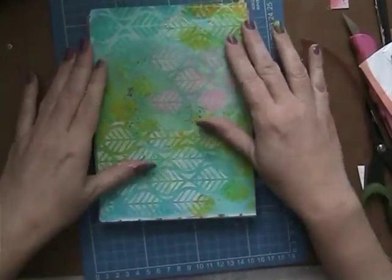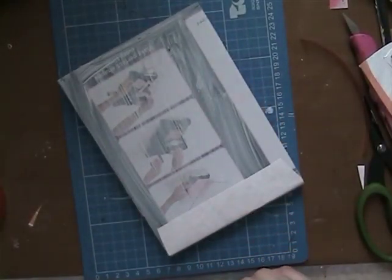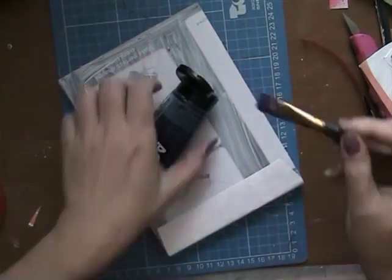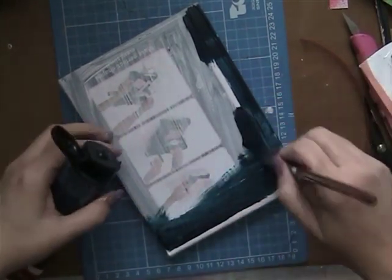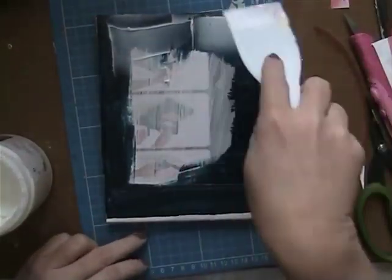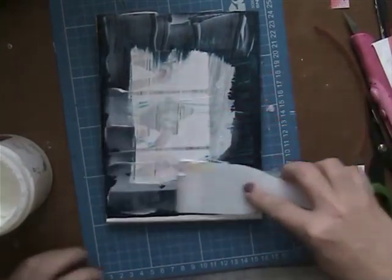This was planned to go on the cover. I made a mistake on that one as well. You'll see that later. It was a bit smaller than the cover was, so I decided to paint the edges dark blue, so I could put the paper on the cover. So I put some glue down, and what you don't see is that I put it on,